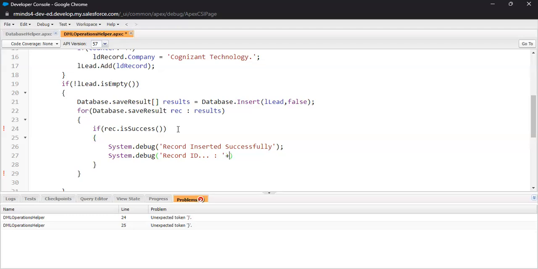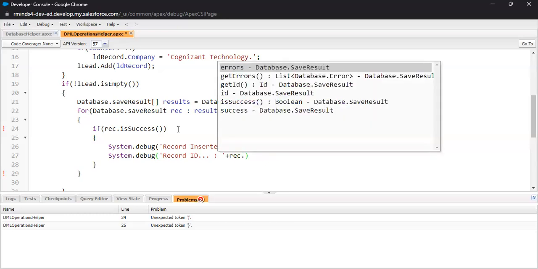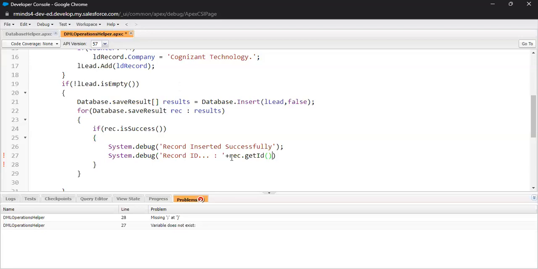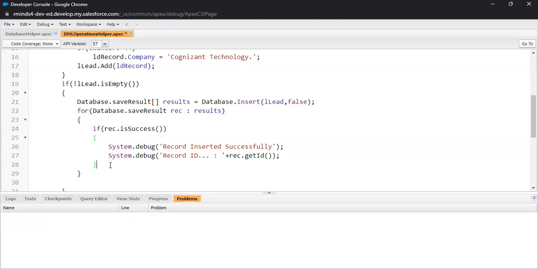So here it is getId. So we are making use of all three methods of our SaveResult class. So here we made use of two, isSuccess and getId. So this is how we handle isSuccess. Else, if it is false,